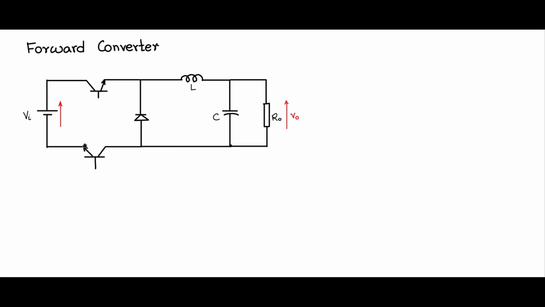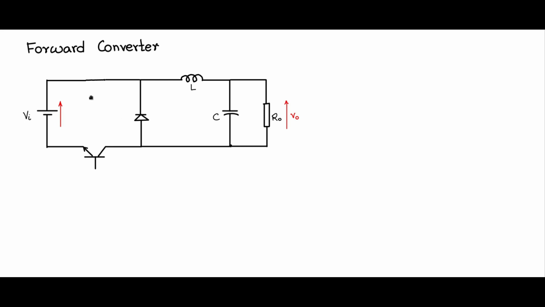Now this emitter is grounded. If I take this as ground, driving this BJT or MOSFET with respect to the ground is much easier. So normally we will do that. So we'll put the BJT or the transistor, that is the control switch, on the return rail rather than on the top rail. Now we can remove this transistor. So we will remove that and close that.